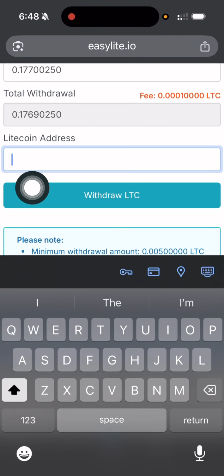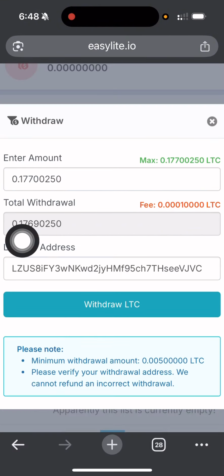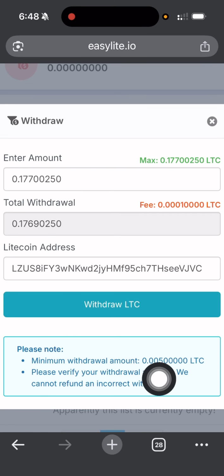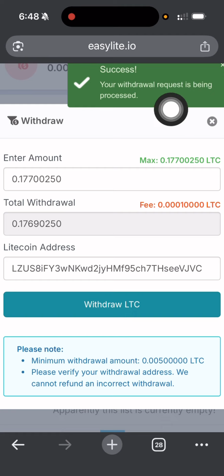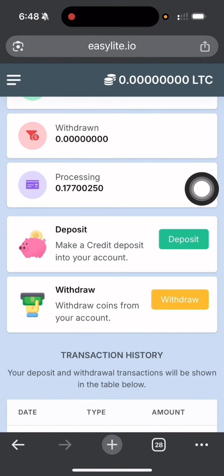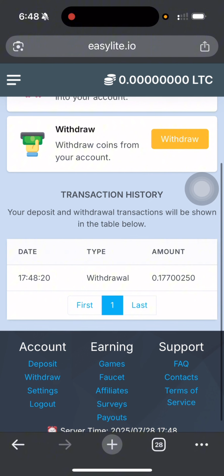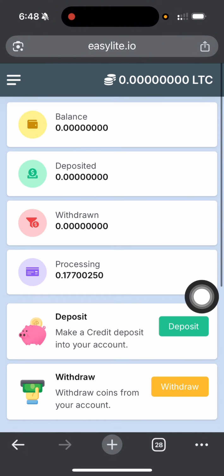Now the next step is for us to paste the wallet address right here. Once we paste it, you're going to notice that the minimum withdrawal amount on this particular project is about 0.005 Litecoin. I've passed the minimum withdrawal amount, so I'm just going to click on withdraw, and you can see at the top right here that I have successfully withdrawn. Now the withdrawal process takes a little bit of time. It will get sent straight into my wallet, and when it does, I'm going to show you guys a proof of this